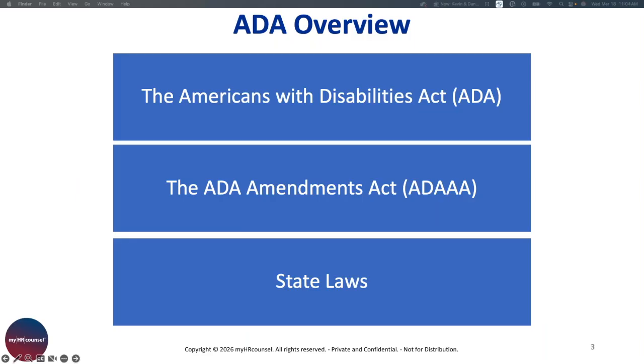So really part of the overview is that the ADA requires employers to refrain from discriminating against qualified individuals because of a disability. It also requires employers to provide a reasonable accommodation to individuals with a disability. A reasonable accommodation is a change in the workplace or application process that makes it possible for an individual with a disability to either perform their job or apply for a job. As we talk today, we'll use the term ADA to incorporate also the ADAAA and equivalent state laws throughout the presentation. Sometimes that just makes it simpler.